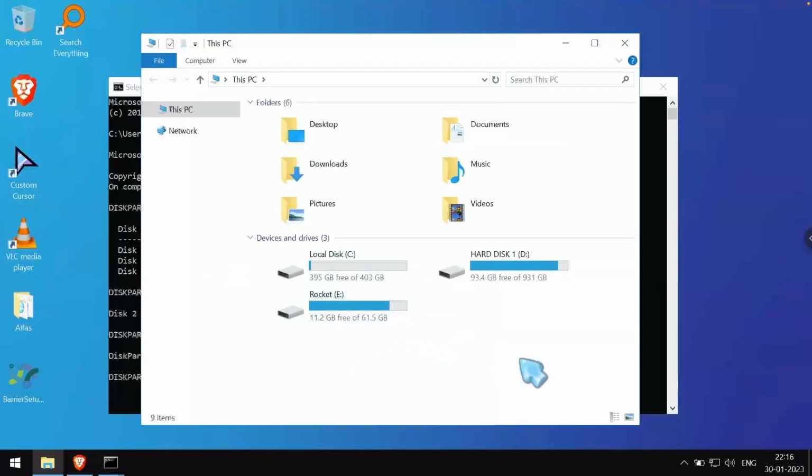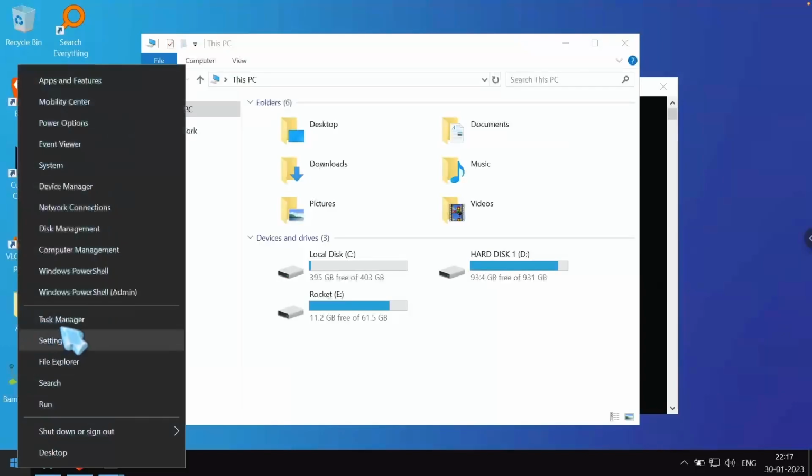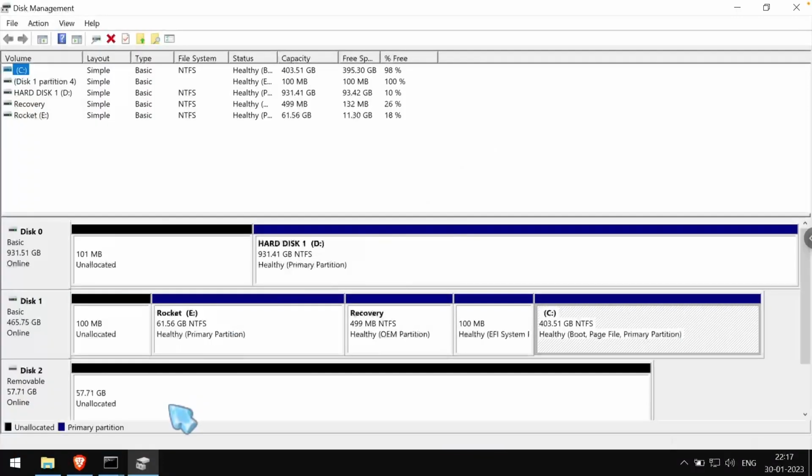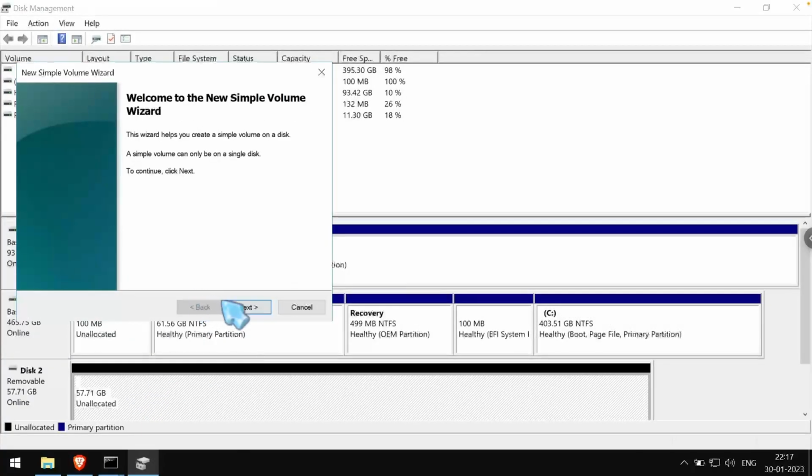Then as you can see, I'm not able to find any disk right over here. Then I'm gonna go to disk management. From here, I'm gonna right click on here, then I'm gonna choose disk management. Then I'll right click here, new simple volume, next,